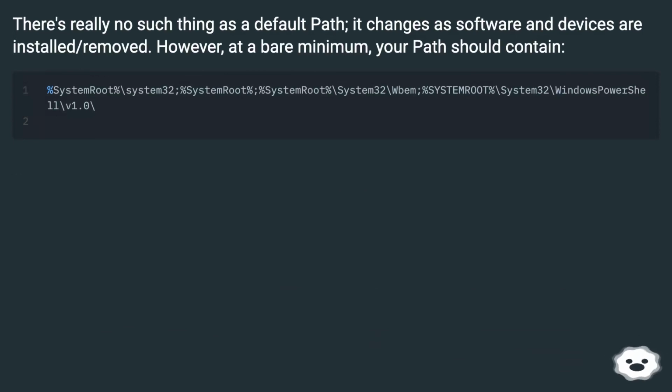There's really no such thing as a default path, it changes as software and devices are installed or removed. However, at a bare minimum, your path should contain